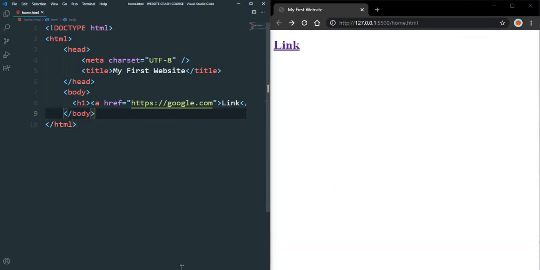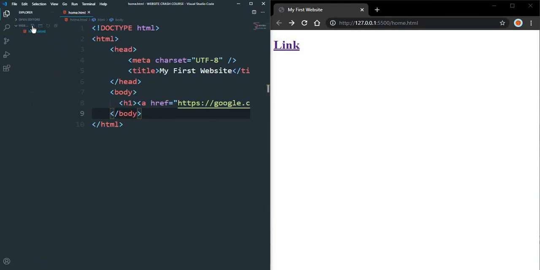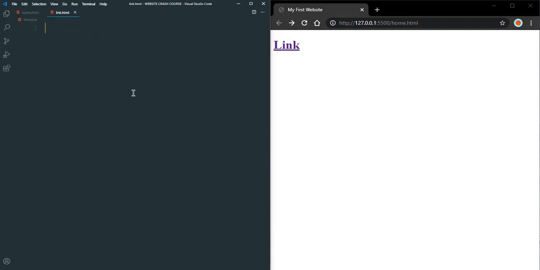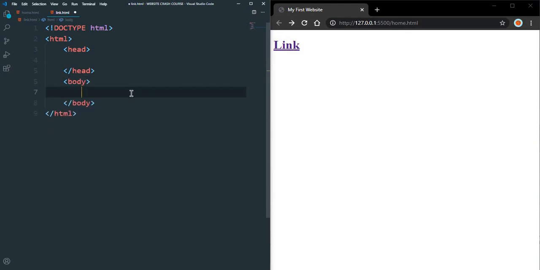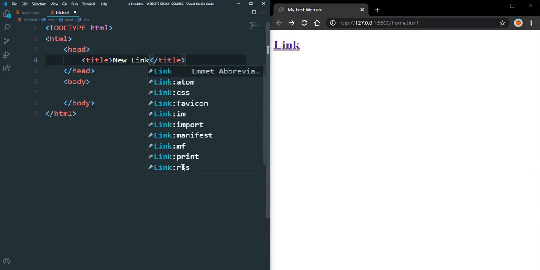Okay, that's nice. Now what I'm going to do is actually create another file. We'll call this link.html. Over here I'll get the basic code. So let's type in that. Wait. We actually type in the doctype first. Doctype HTML, HTML, then the head, then the body. Then inside the head we are going to do the title tag, new link page,